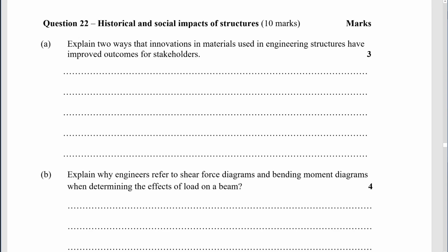Okay, so explain two ways that innovations in materials used in engineering structures have improved outcomes for stakeholders. Okay, so we've said materials. With three marks, we're explaining, so we need cause and effect, and we need two. I would give one mark for identifying two, and then for each one that you explain, an additional mark. So what I would say is,